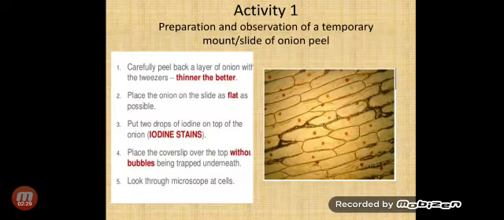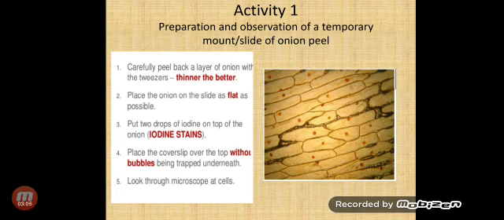Now let us discuss the first activity which we will be performing in class 9 biology, which is the preparation and observation of a temporary mount or slide of onion peel. The procedure follows. We have to take a healthy onion bulb and start peeling the onion skin layer by layer. The thinner the layer, the better the observation. Once you have peeled the skin, with the help of forceps transfer the onion peel to a watch glass and add 2 to 3 drops of water on the onion peel, and this is done in order to prevent dehydration of the onion peel.